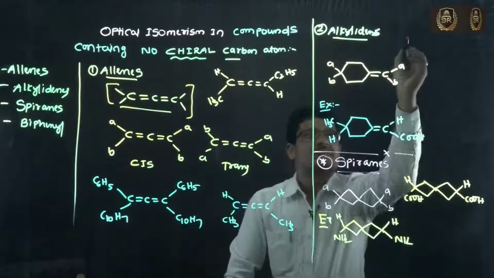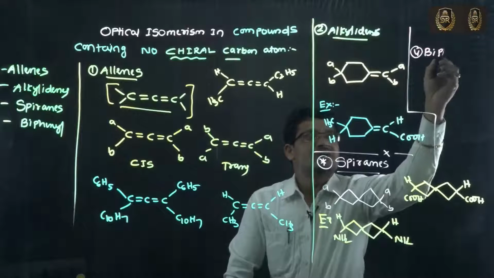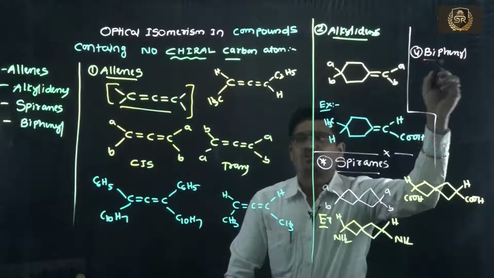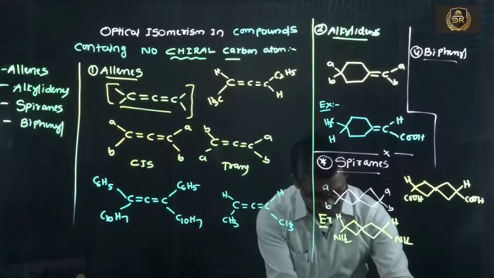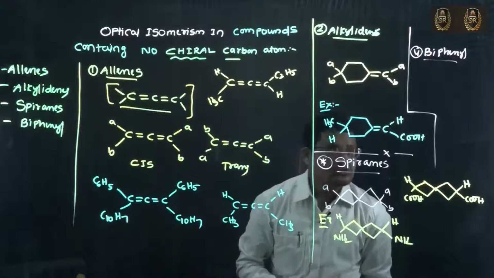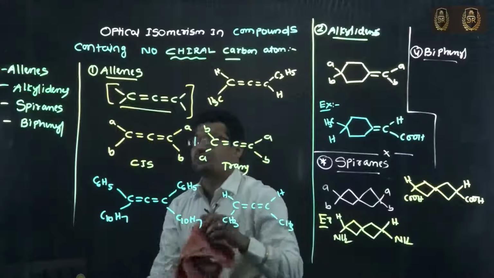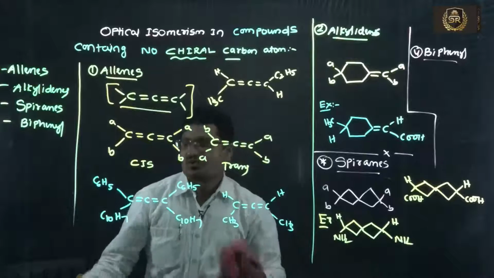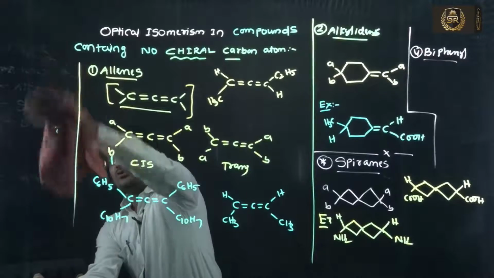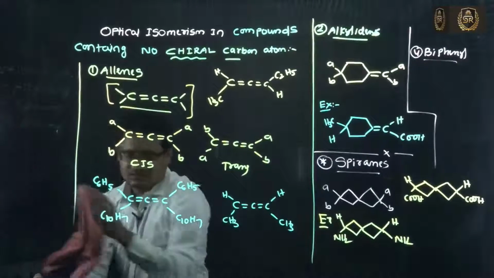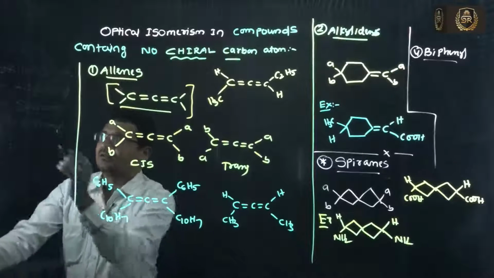The fourth one is biphenyl. Biphenyl means it contains two cyclic compounds, two phenyl groups. So how to draw the structure of this biphenyl? Now let us discuss. What is this biphenyl? Now the fourth one is,